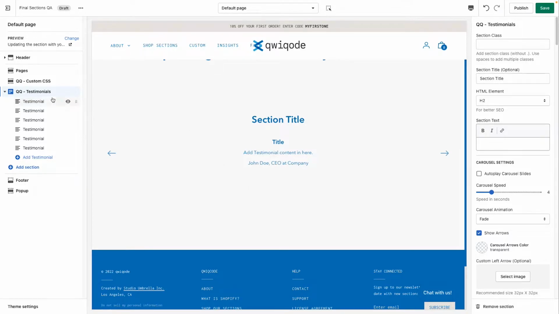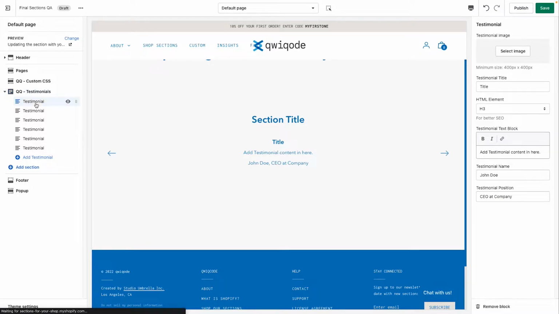Over on the left, you have what are called blocks. Each block will represent essentially a slide and a testimonial, or basically any other text block that you'd like to display. So we can just go in and edit some of this to start with. So clicking on one,